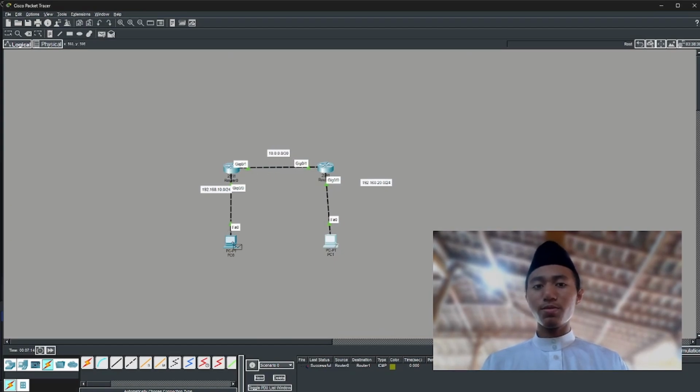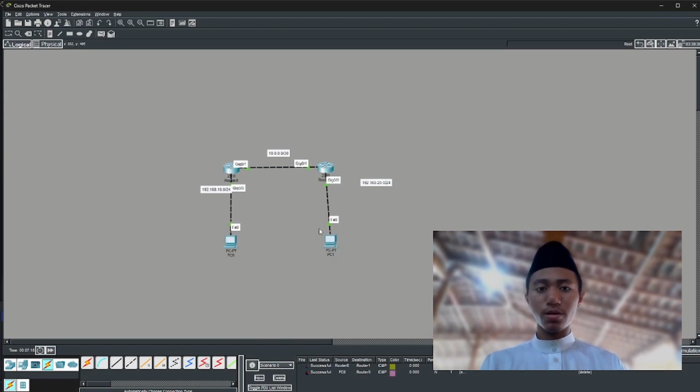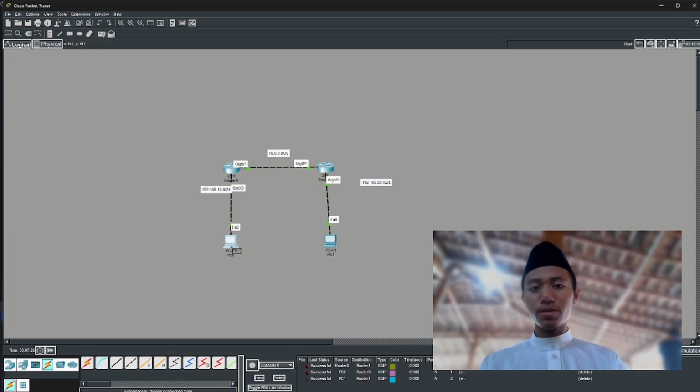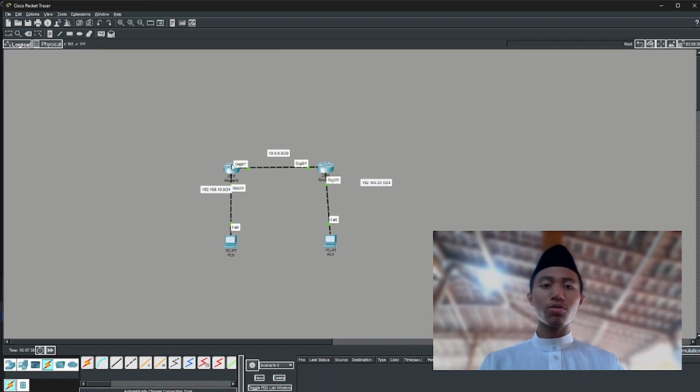So that we can test from PC to router, and all of this should be successful. But if I want to ping from this PC to the other PC, it should fail, because it's on a different network.